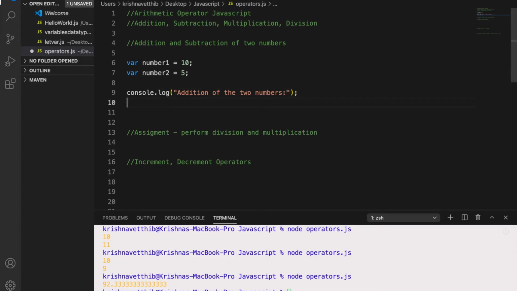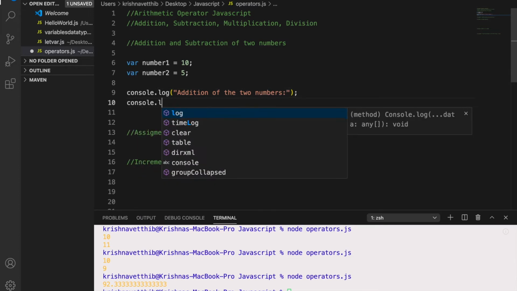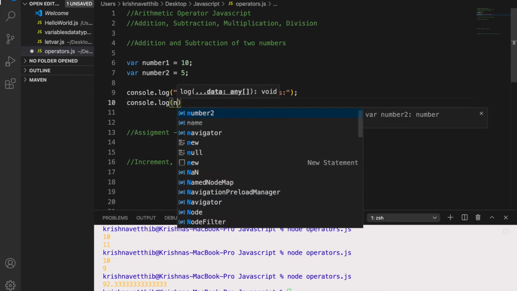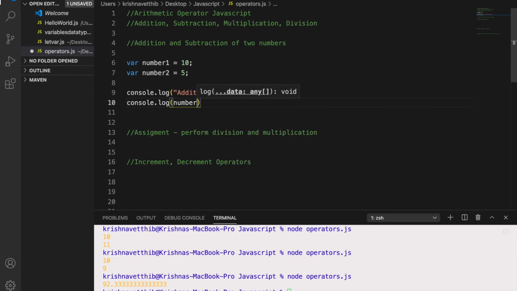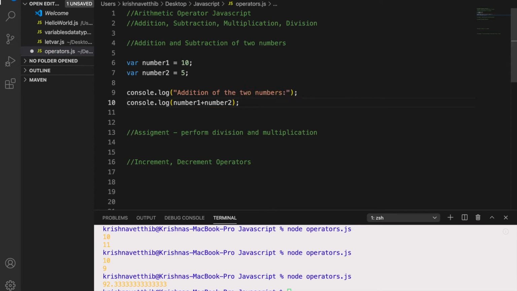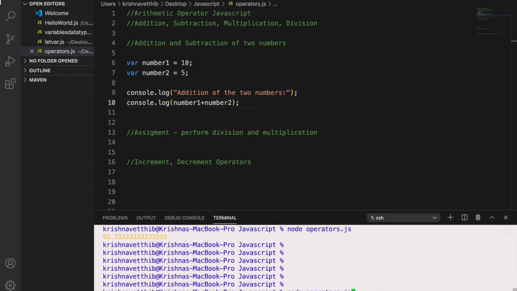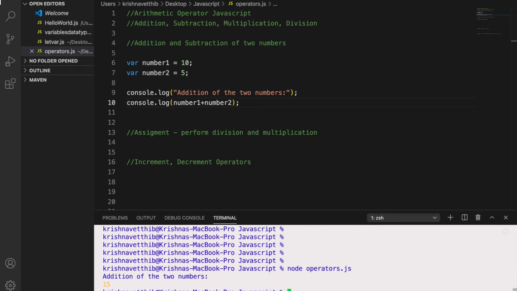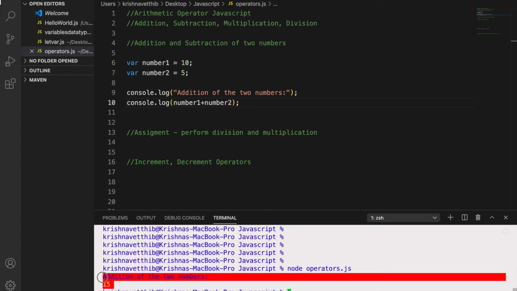In the next line, I will print the output as number1 plus number2. So now let us see the output. The output is addition of two numbers, which is 15.